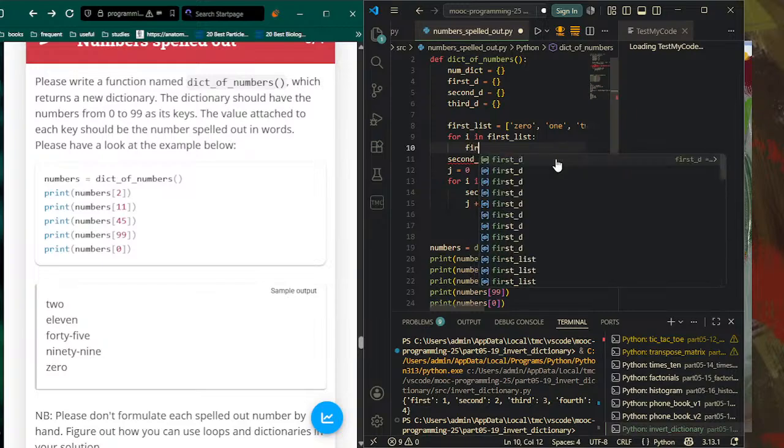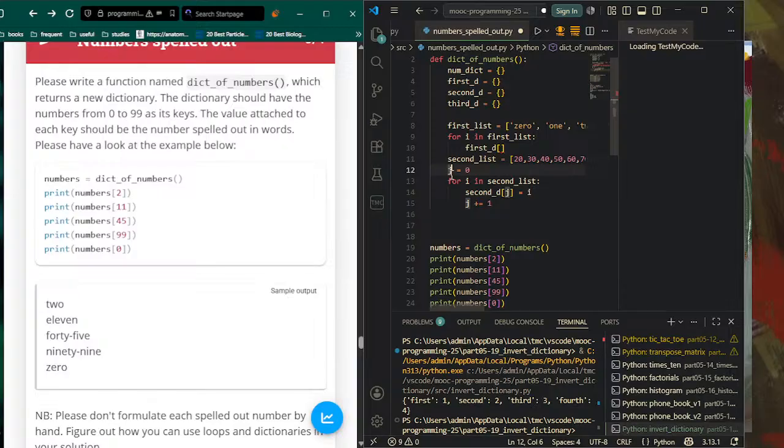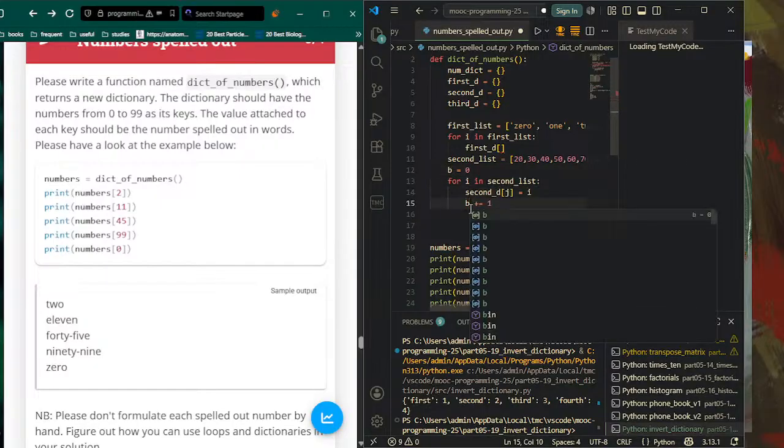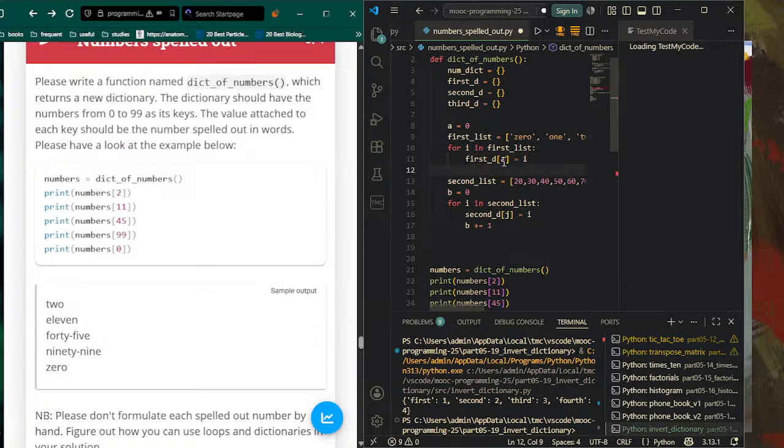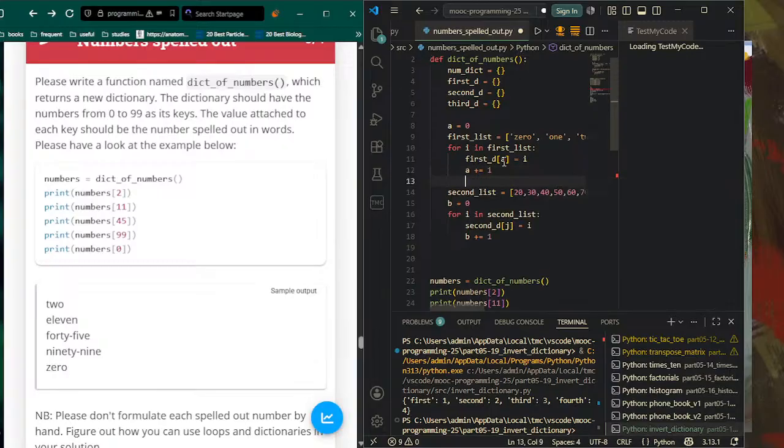I first list first D. Okay, so let's just do A, B, C, they are much easier to follow along. Let's make this one B, it's the first one. So A is equals to 0. First the A is equals to I, and we will have to do A plus 1. A plus equals to 1. Perfect. And then the last list,